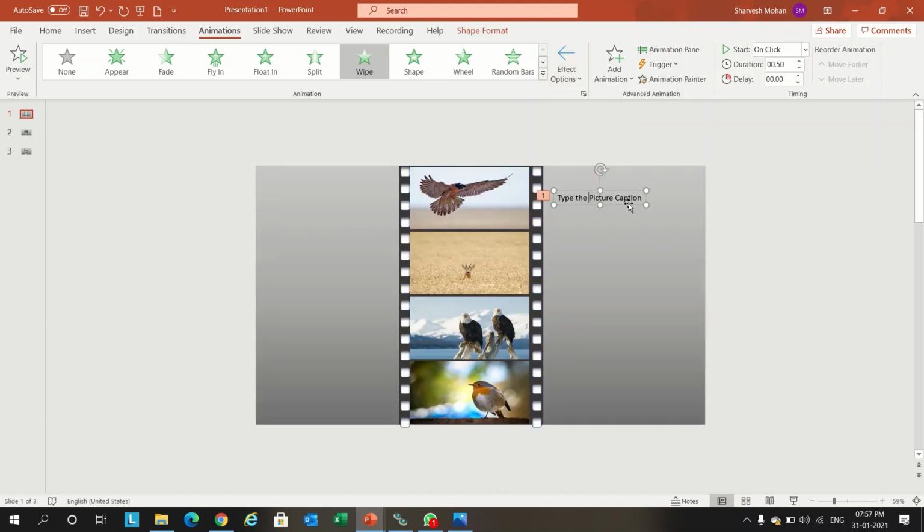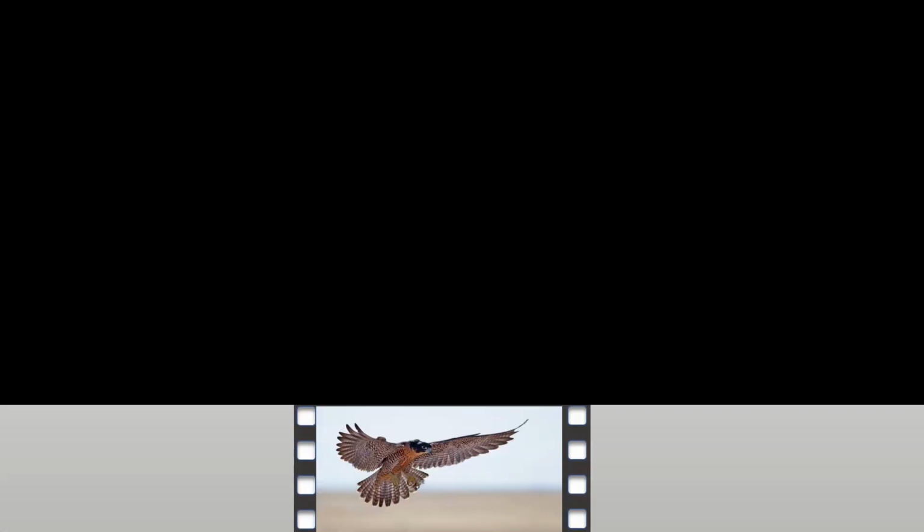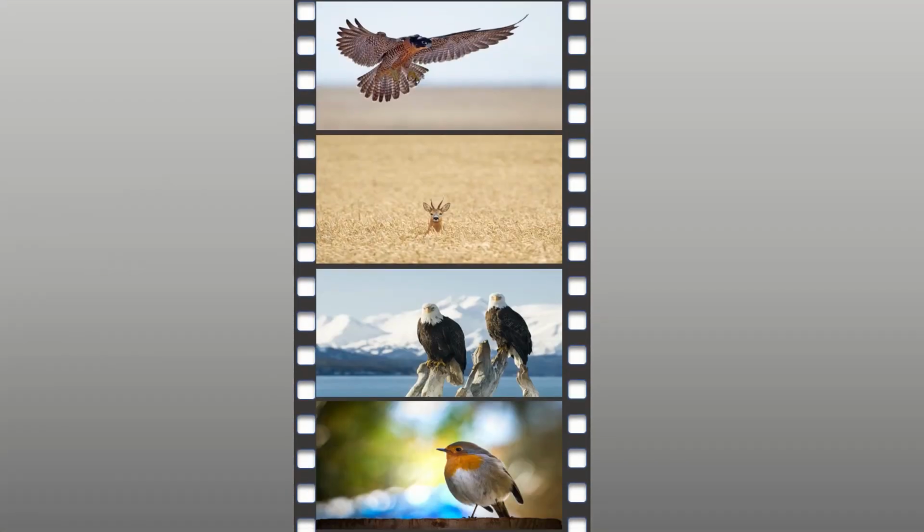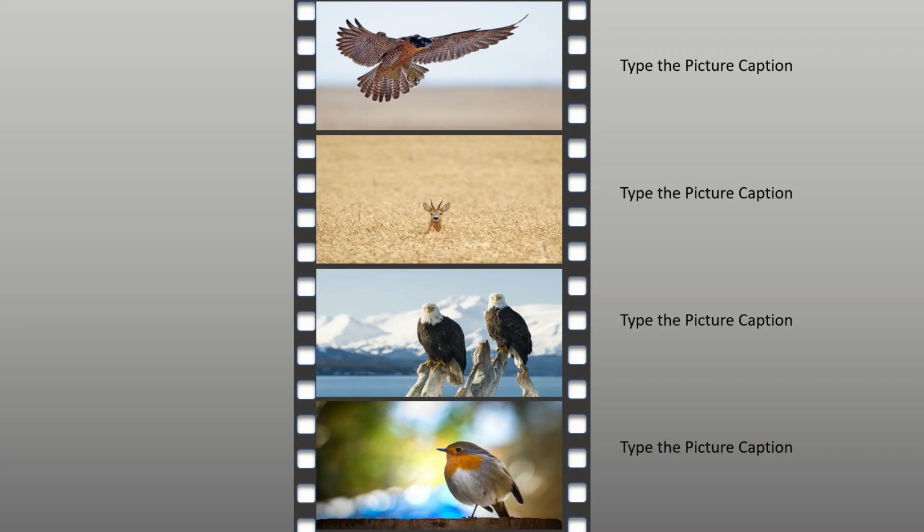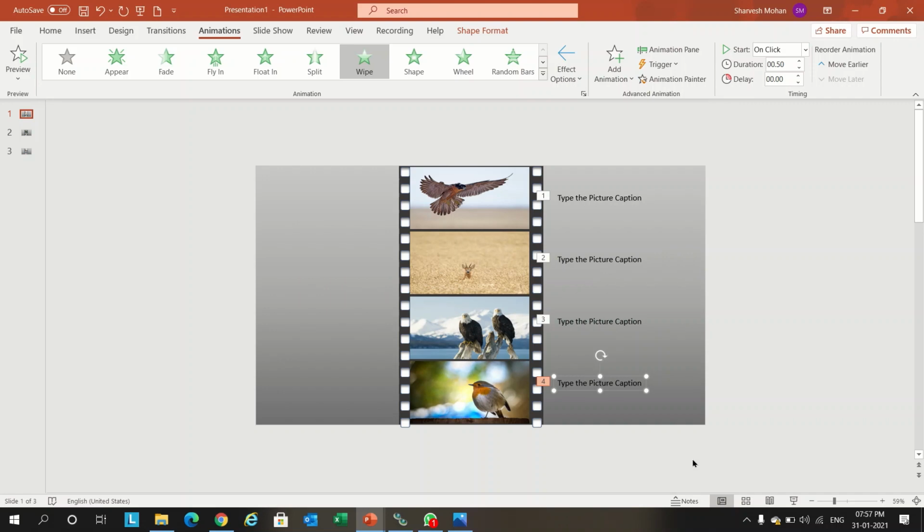So like this we can give a caption for each picture. It will be like this. On scrolling it will come, then it will display about the first picture, second, third and fourth. So we came to the end of the slide.